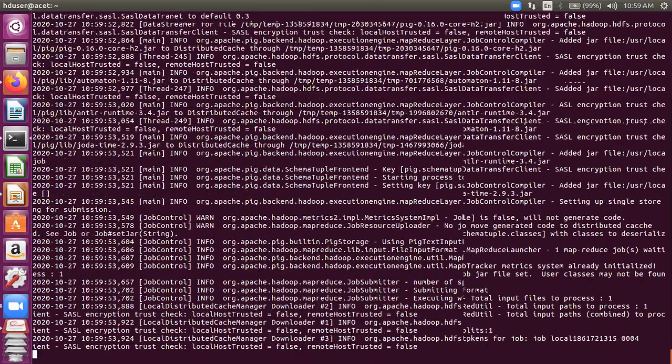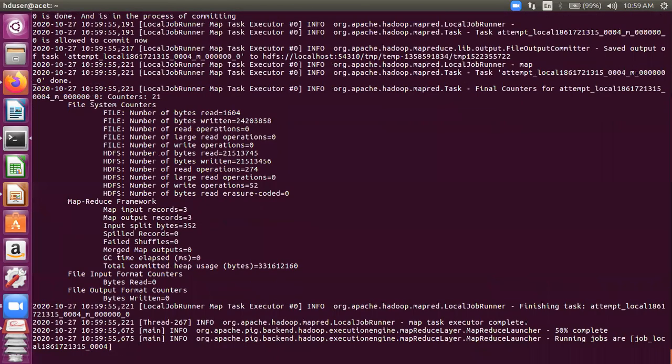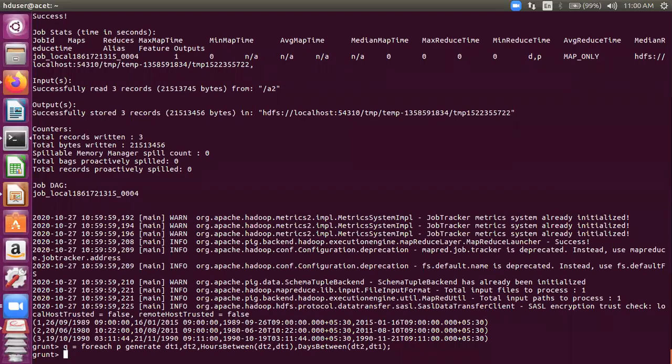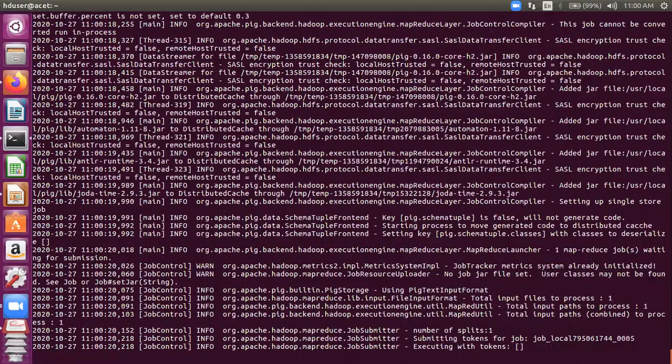Dump P. It should be in DDMMYYYY format first of all. Yeah, this is fine. Let's see what we wrote for Q. For each P generate dt1 comma dt2 hours between this. Yeah, let's see now how it responds. And let's dump Q. We'll change the values just to make sure, but let's first check this.